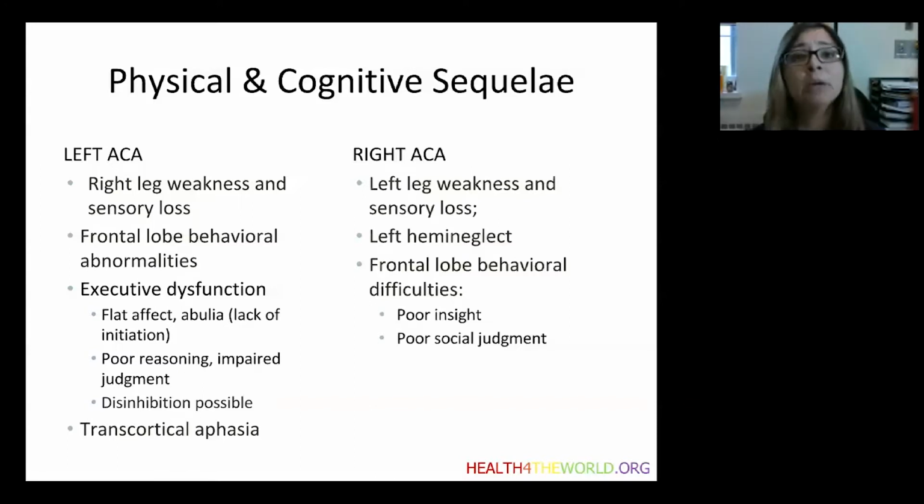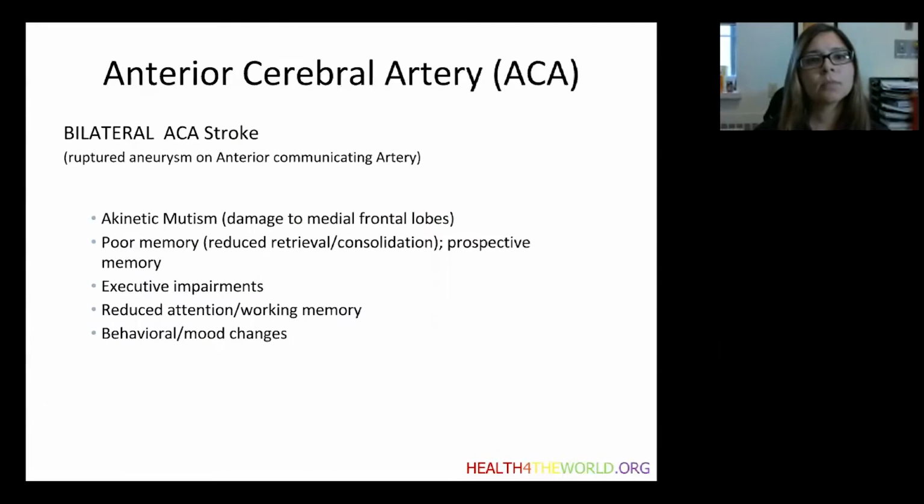And again, we might see some similar frontal lobe behavioral abnormalities or difficulties. Again, poor judgment and possibly poor insight into areas of difficulty also could be called poor self-awareness. When we have a bilateral ACA stroke, which oftentimes is secondary to a ruptured aneurysm on the anterior communicating artery, which we looked at a little bit earlier, we see some pretty profound